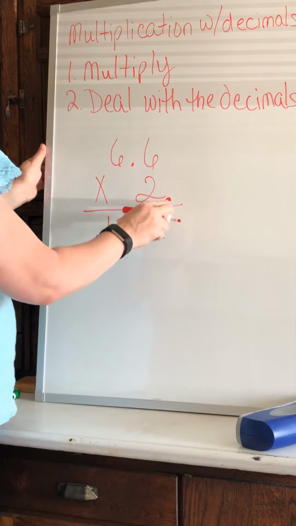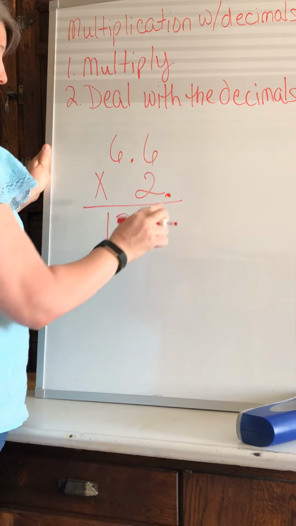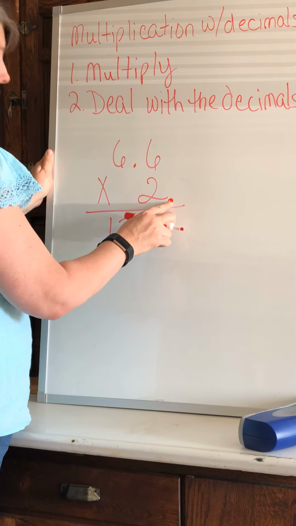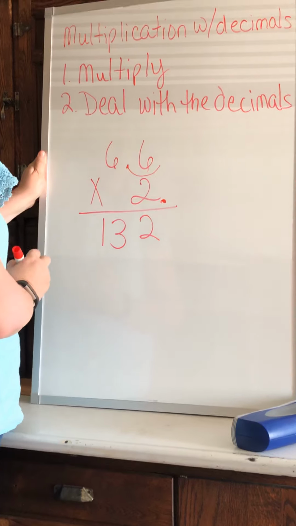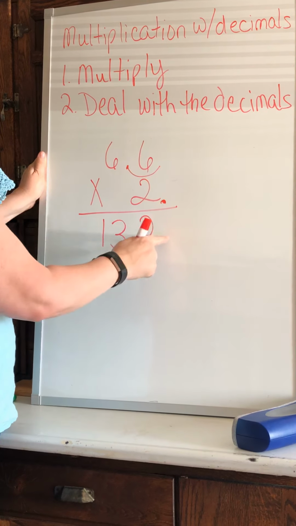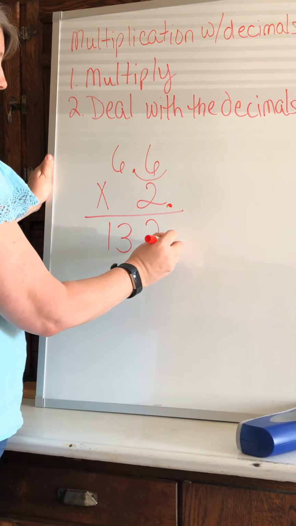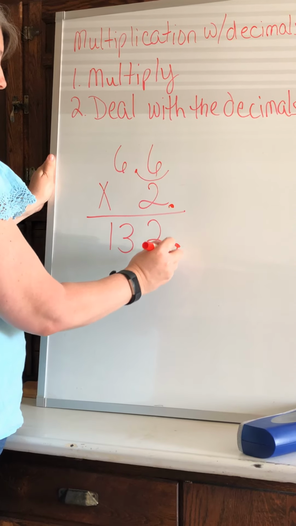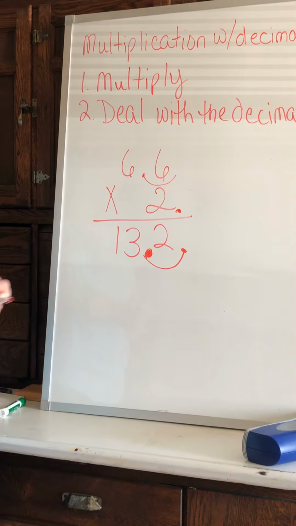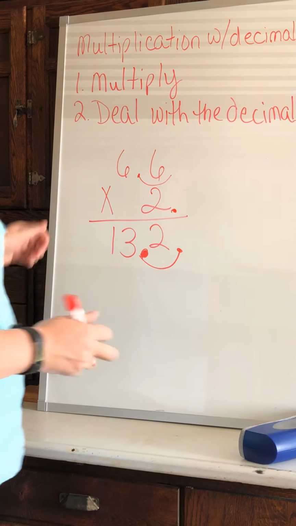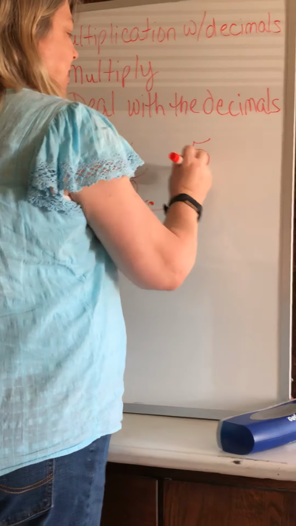So this one has already been moved. It's already over to the right, so we don't have to move this. This one, though, has to go over to the right just one time, okay? So we're going to come down here at the end, and we're going to move this decimal to the left only one time. So my answer is 13.2. Okay, let's do a little bit harder one. How about